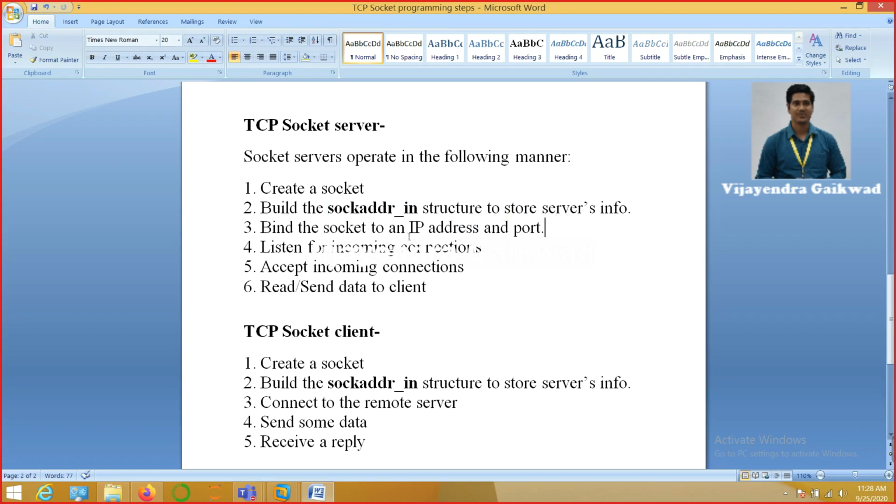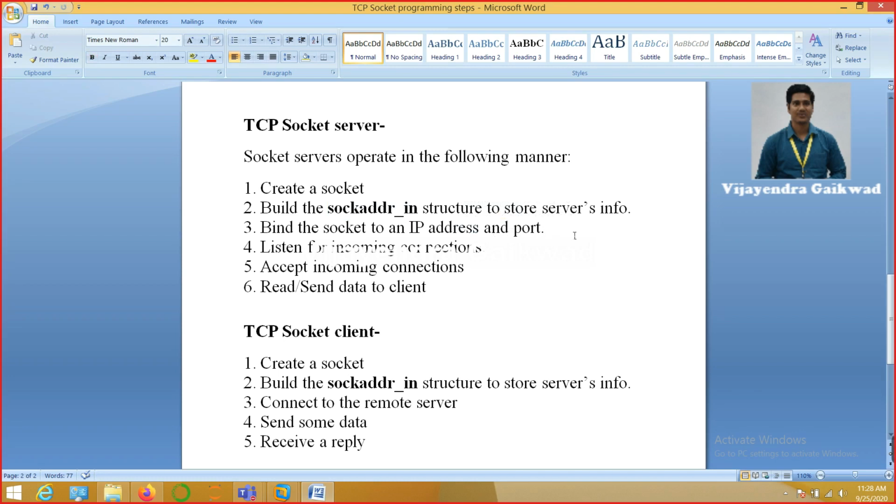Fine. So once we create a structure variable of this particular type, sockaddr_in, for that structure variable we will store the IP address, the port number, and the family. Got this?